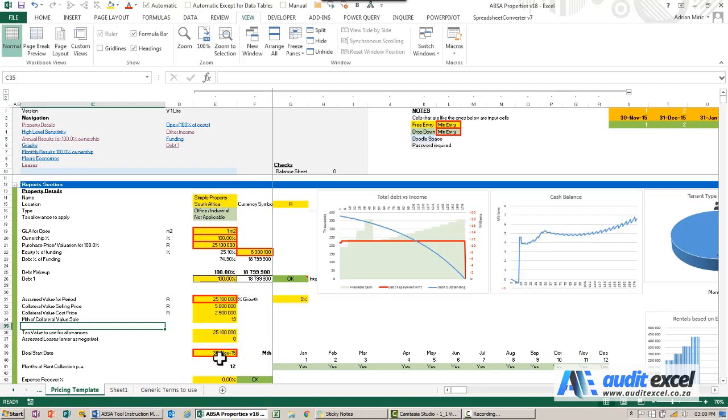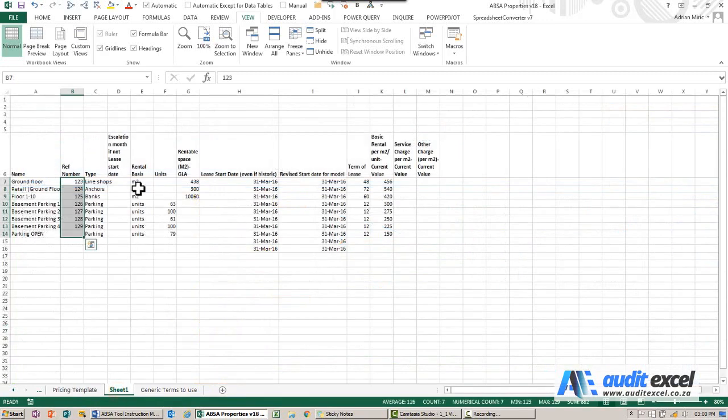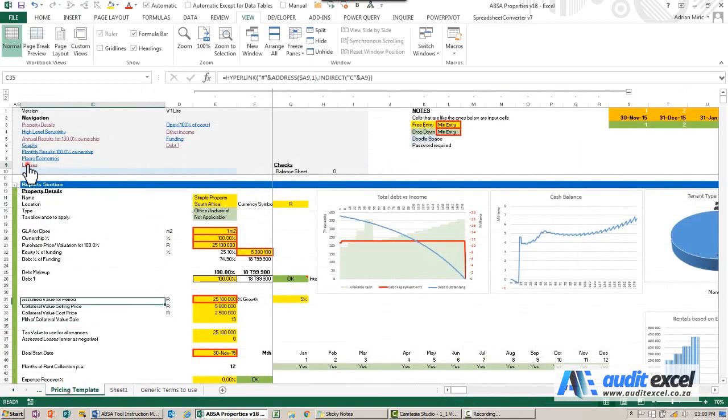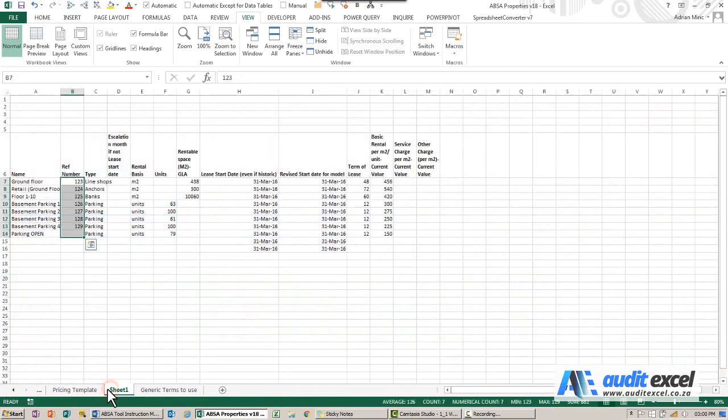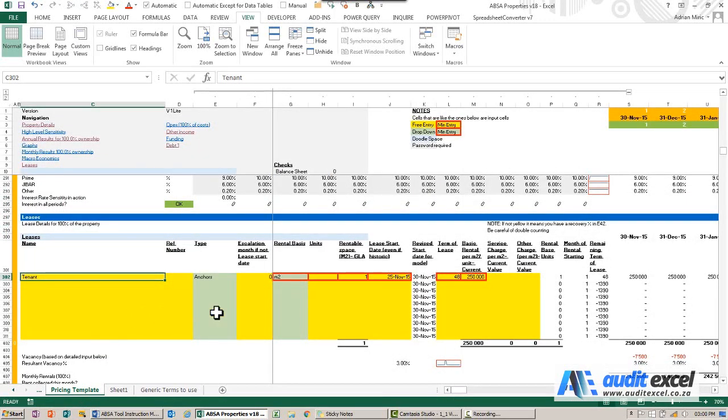Occasionally you need to look at two sheets within the same spreadsheet at the same time. So for example, over here someone has given us a breakdown of the tenants, and the pricing template is over here, and if we go to leases, you'll see it's not over here. So we want to perhaps link it. So we could manually do it, say equals, and go to that sheet. But there's another way that we can see both at the same time.